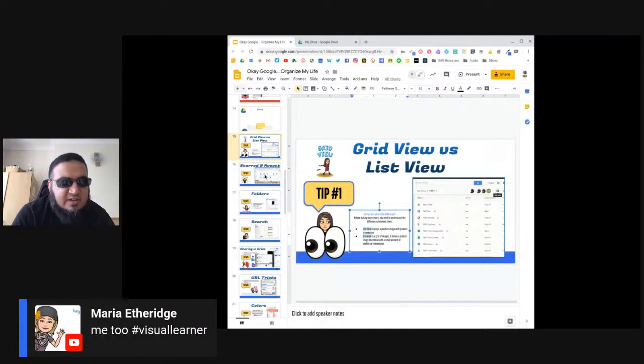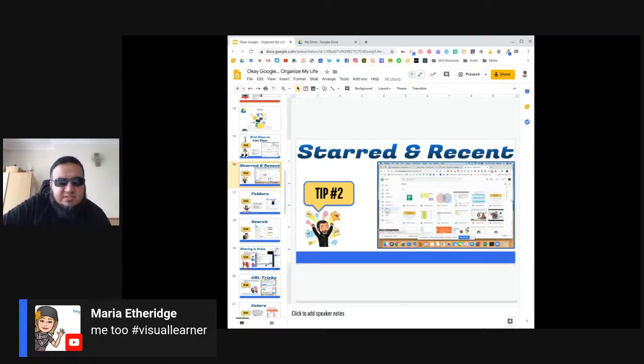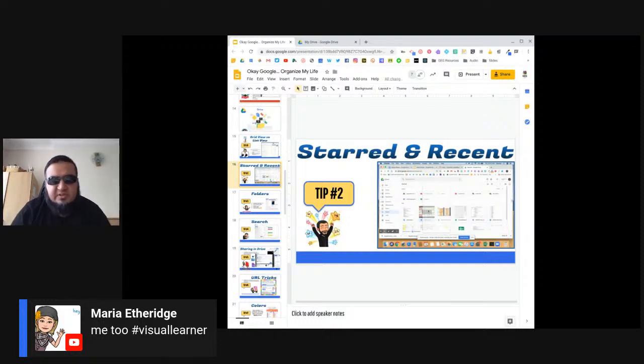Right. Enough of her because she is completely incorrect. As you can see, if I pop over to my drive, everything is nicely tidy because it is in list view. If I switch to grid view, that just looks a bit of a mess. So anyway, back to list view. But that's enough of grid view and list view for now.